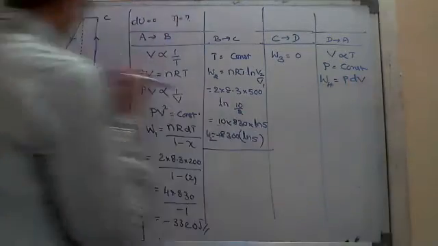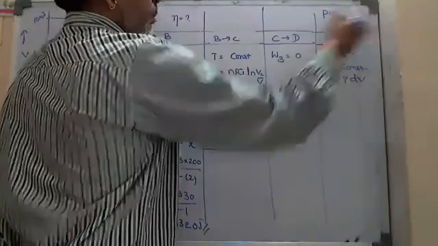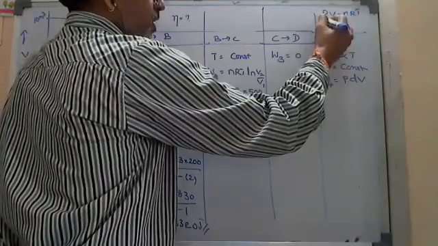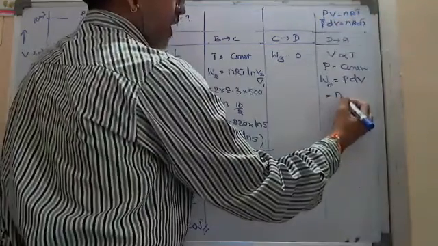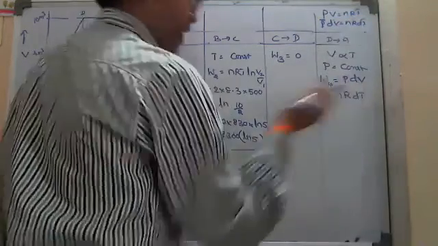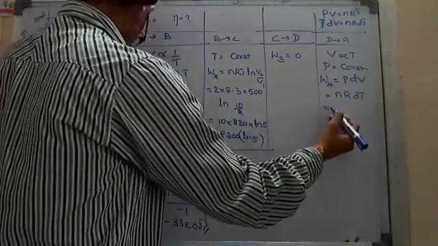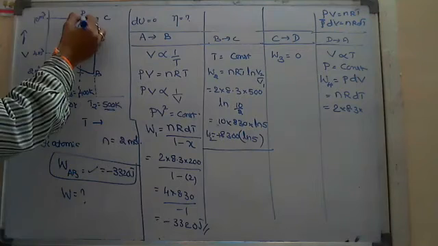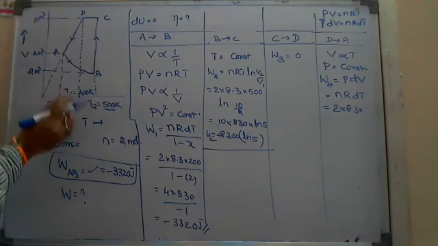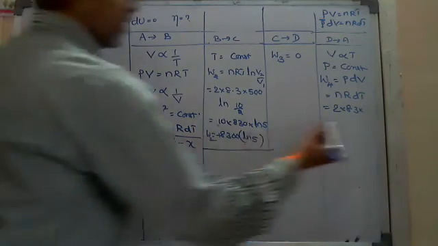Okay, here pressure I don't know. So if I differentiate the ideal gas equation, since pressure is constant, PdV is equal to nR dT. So I can take it as either PdV or nR dT, an isobaric process. In that isobaric process, I am getting n is equal to 2 moles, R is 8.3, into dT. From here to there, temperature is decreasing from 400 to 300. 400 to 300 is minus 100.